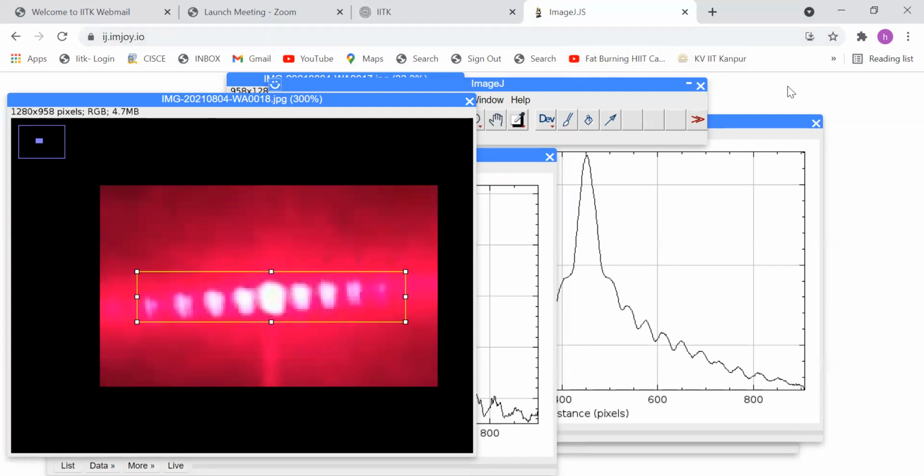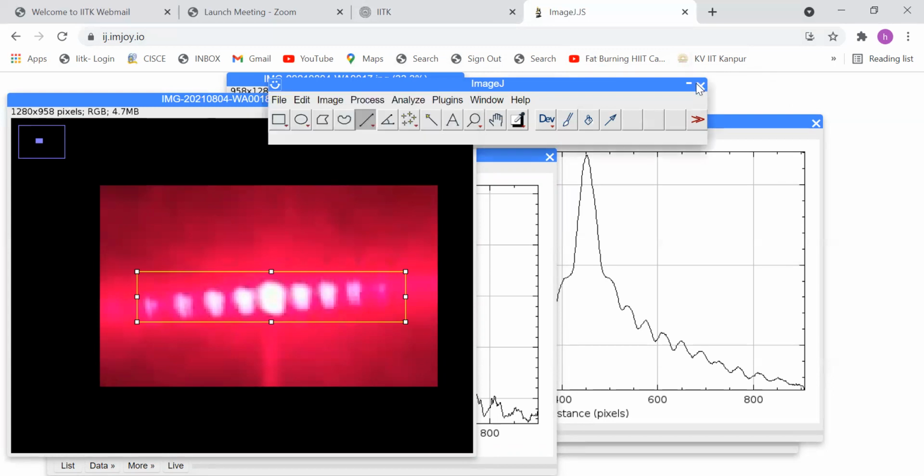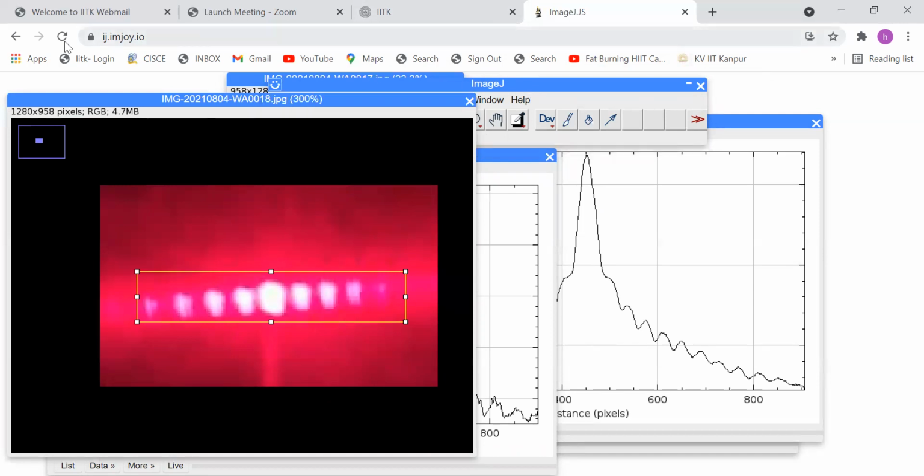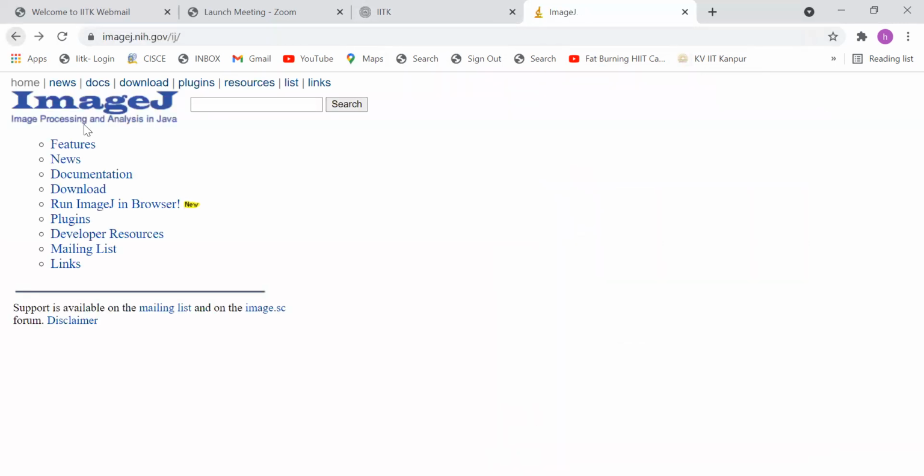Fine. And it's simple. You don't have to download any software. It is simply on this website and you run it online. As simple as that. Can you show the name? So I will show you that name. We can really share that website.